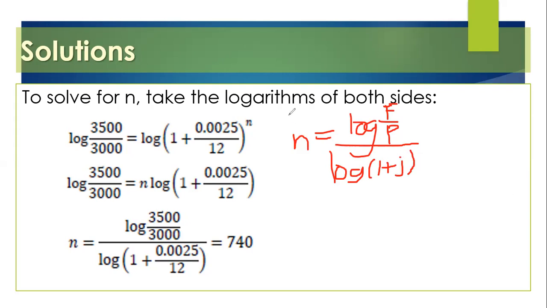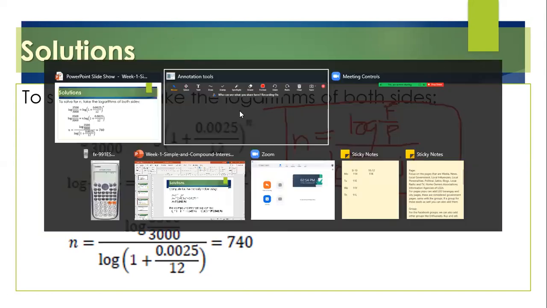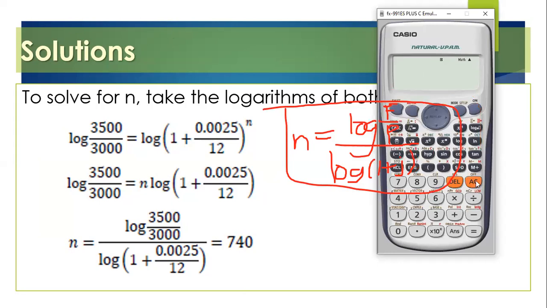That is our formula for n. So, by computing it, nakuha natin yung sa ating worded problem, n is equal to 740 semi-annual payments. So, computing it through our calculator, so